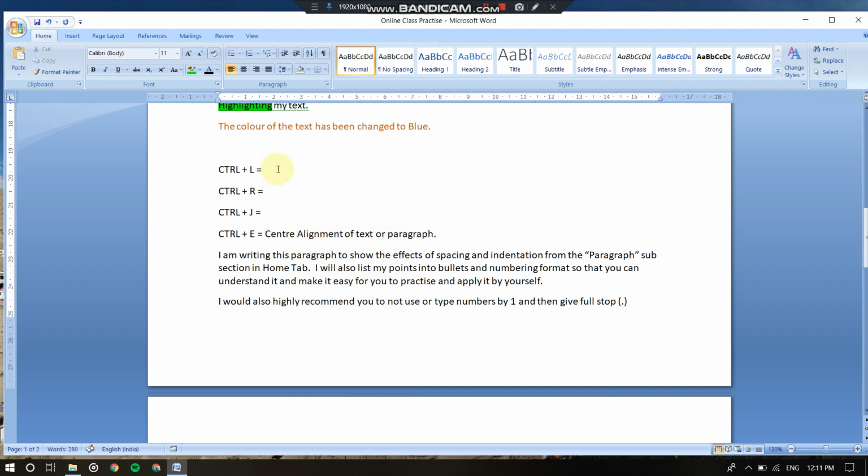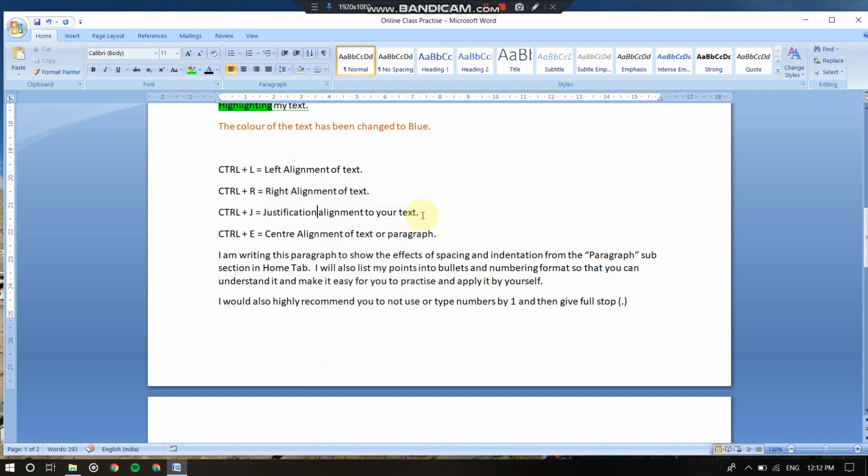This will be your left justification, or sorry, left alignment of text, and this is your right alignment, and justify, that is justification alignment to your text.